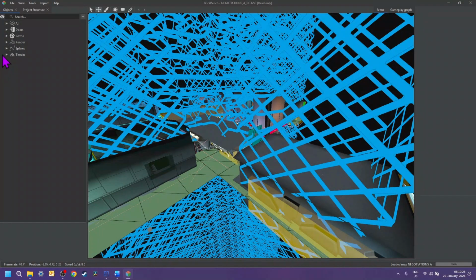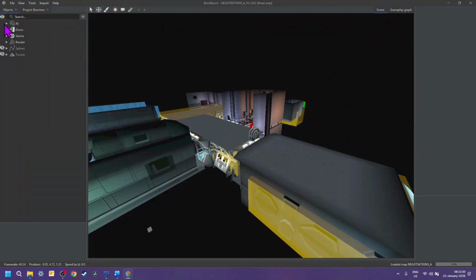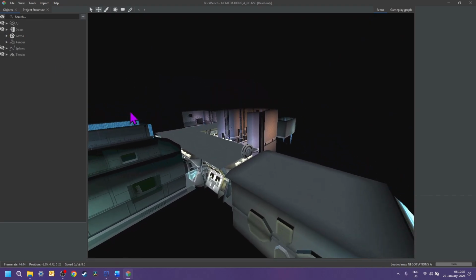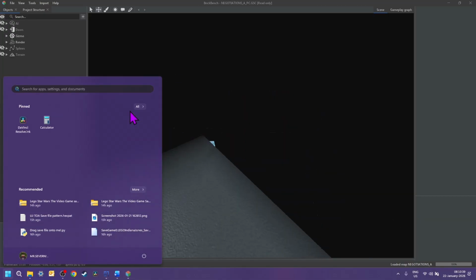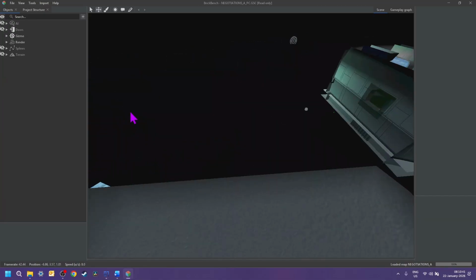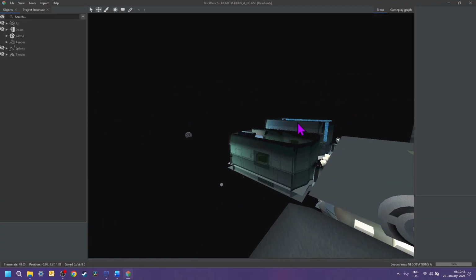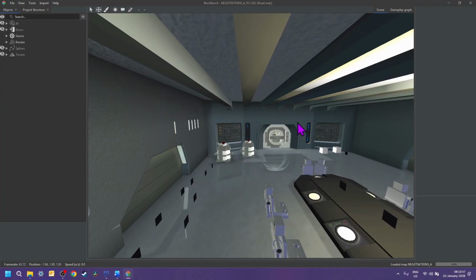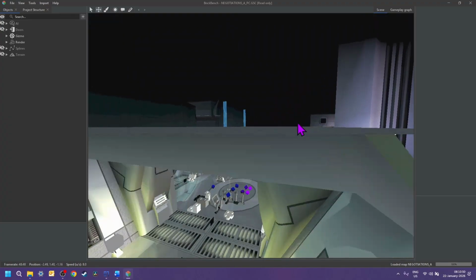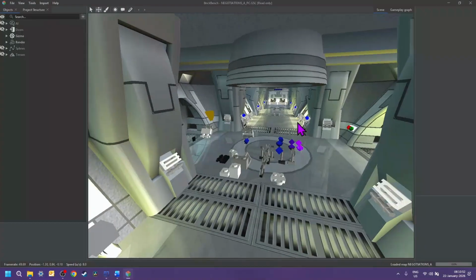What I usually like to do is hide the terrain, hide the splines. I mean, doors are interesting, but we're not looking at that. And then also hide the AI. So yeah, you can see some things developers left in the background that the camera never sees. So you can just basically fly around.